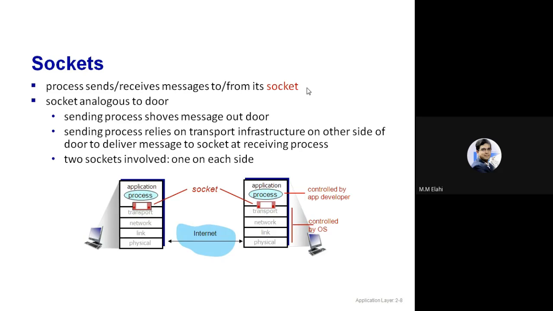The same idea is the socket, and rooms are like processes, applications. So two processes, two applications in two different machines, as you can see in this diagram. We can call those applications or processes rooms. And if we need to go from one room to another room, we need to use a door. And this door, in programming, is the socket.